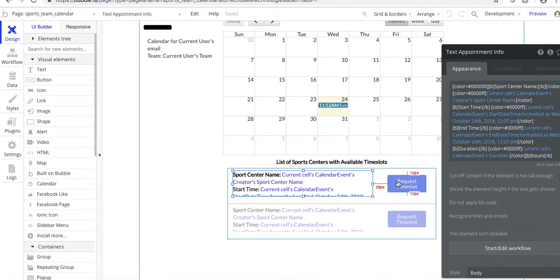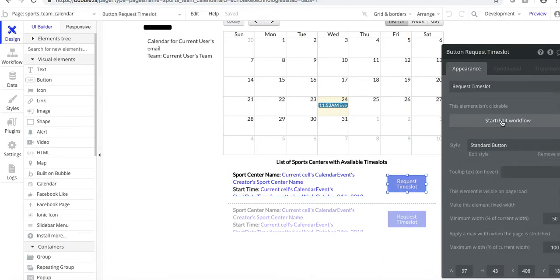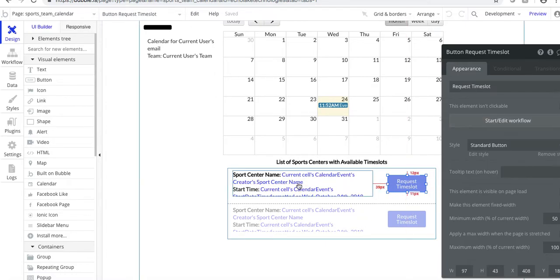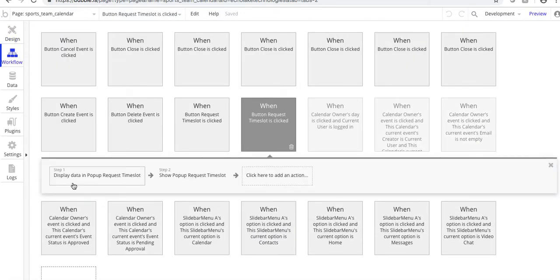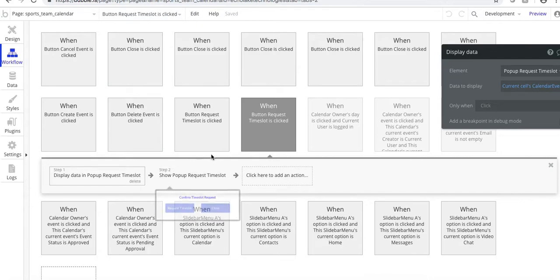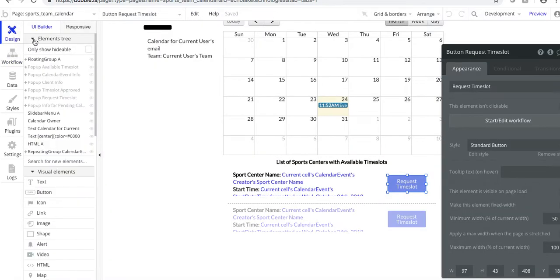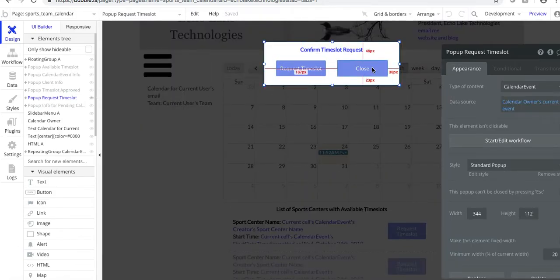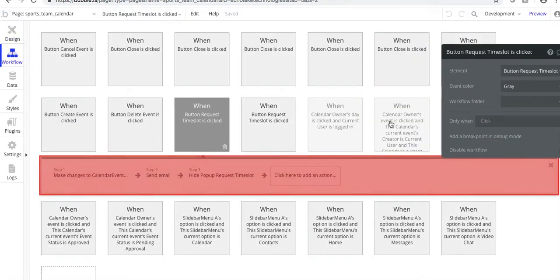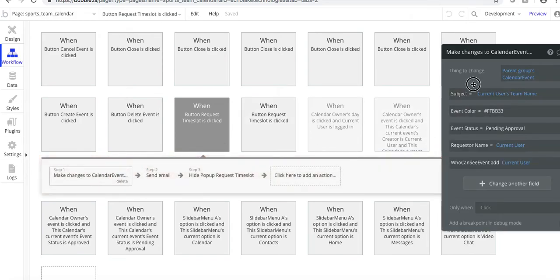I also have a request time slot button. So when a sports team sees an event or a time slot opening, they can go and request the time slot. I just do a pop-up window. So, pop-up request time slot right here. I simply give the sports team a pop-up that says request time slot. And then the workflow of this is